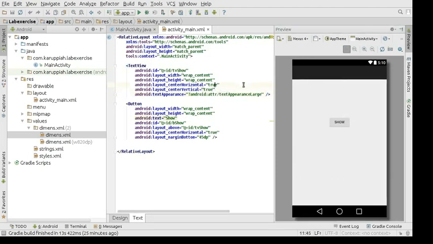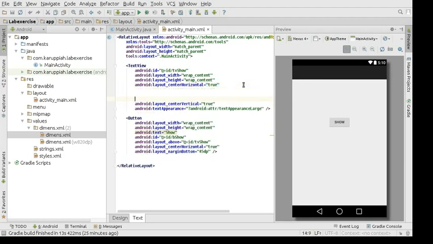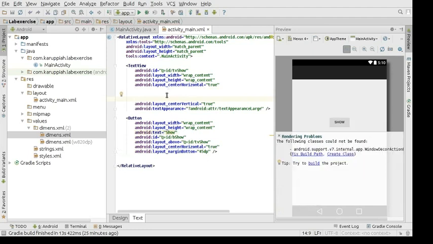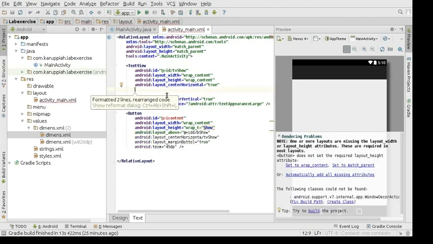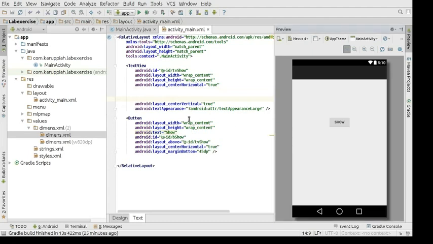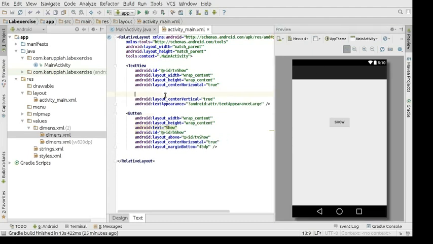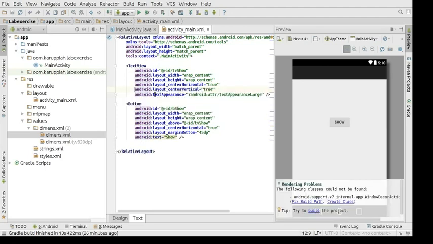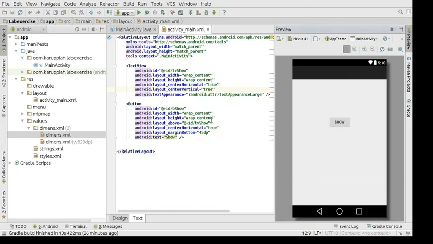And did I mention, if you make some mistake like this, you can press Ctrl Alt L, and okay, Ctrl Alt L didn't work properly. Just a second. So yeah, Ctrl Alt L. My god, there was some problem. If you have any code like this, you can just make it right, but extra spaces, I don't know. There was some problem in my computer in reformatting. I'm sorry. So yeah, Control Alt L, just try it out.